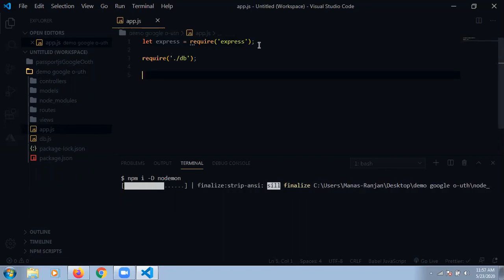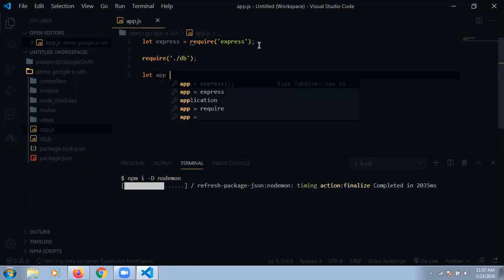How can we make an instance? So let app equal to express.